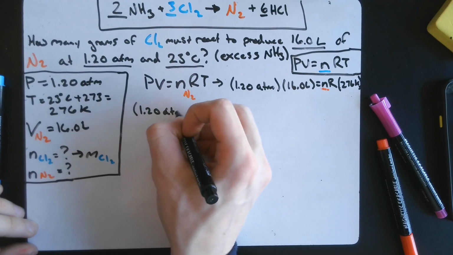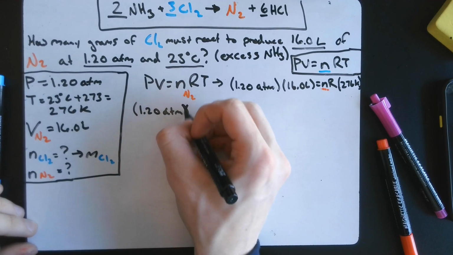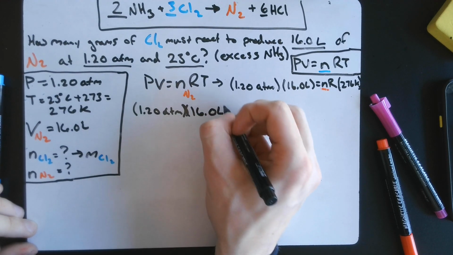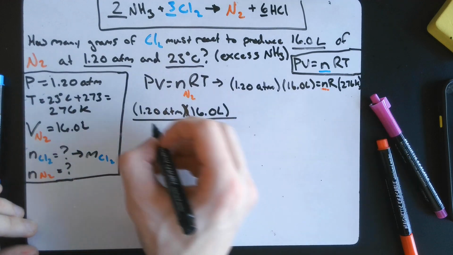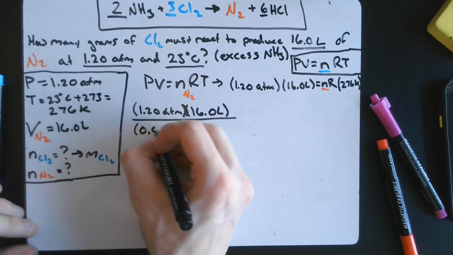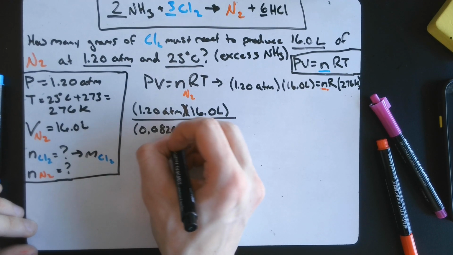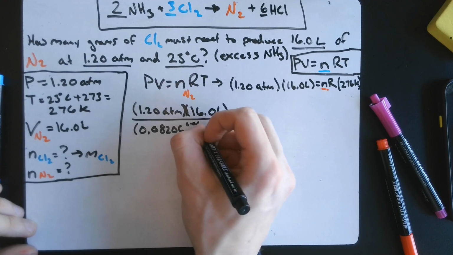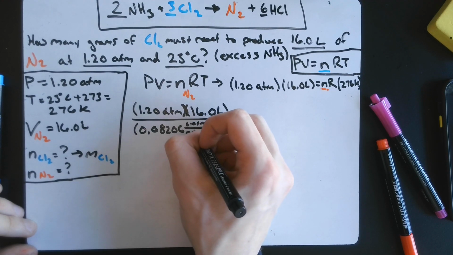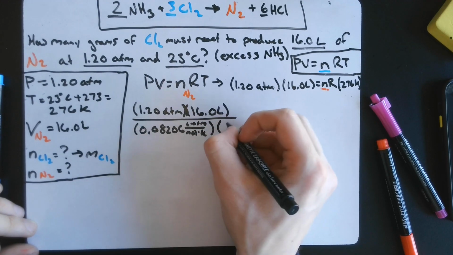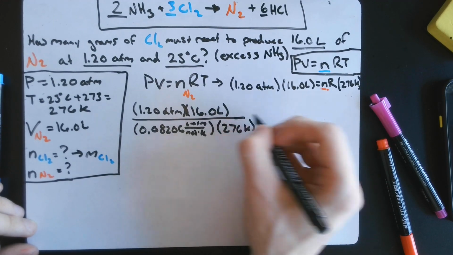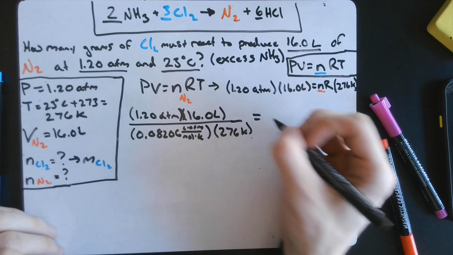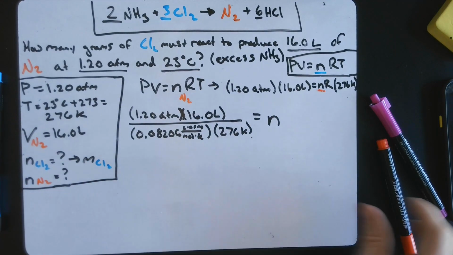1.20 atmospheres times 16.0 liters. We can divide that by R, which now I have space. I'm going to write out all of R: liters atm over mole K. And our temperature, which is 276 Kelvin. All right, this is just algebra. I'm going to set this equal to N